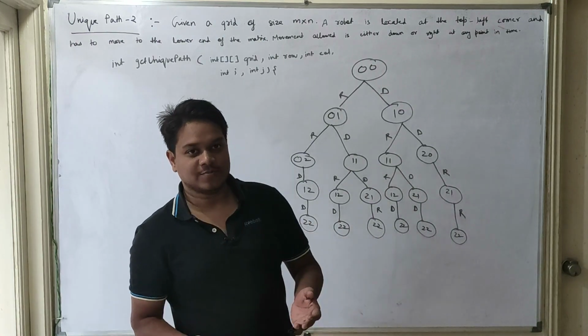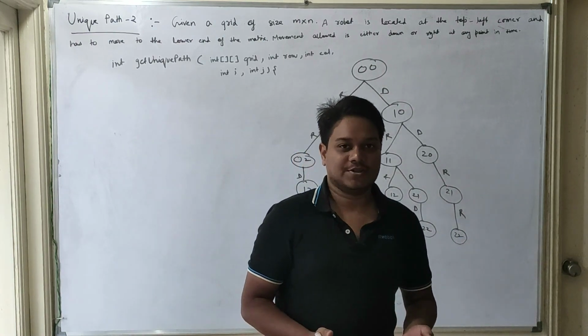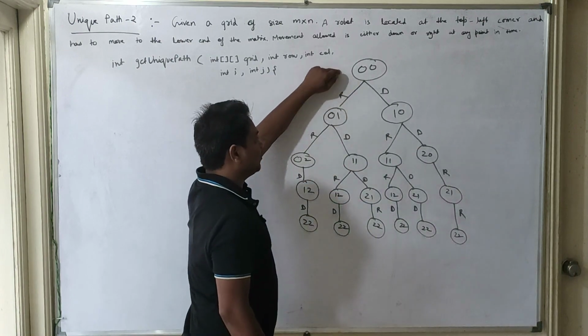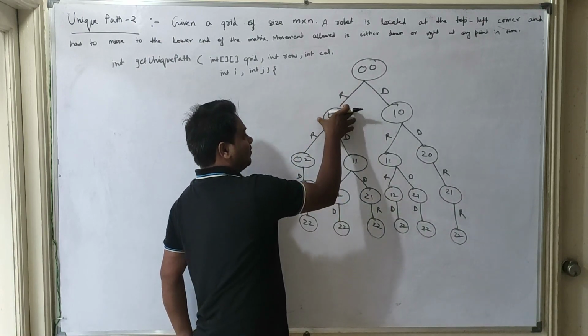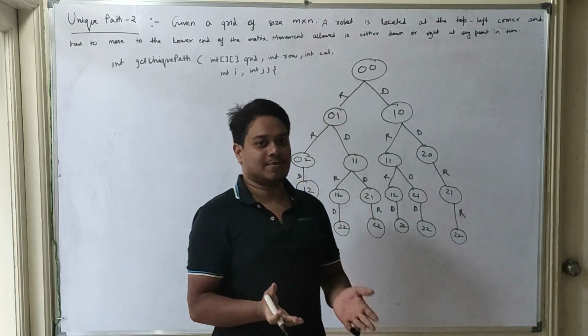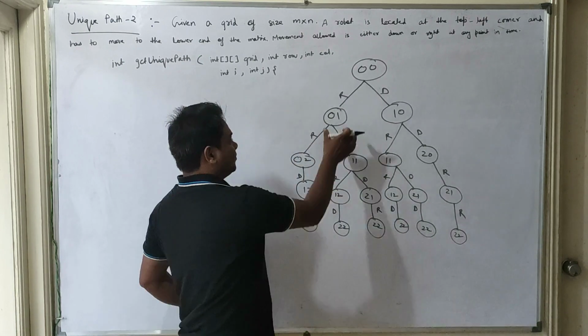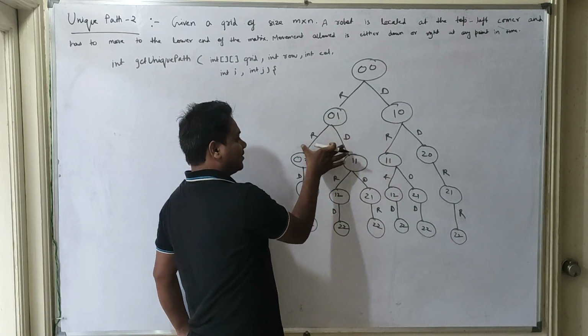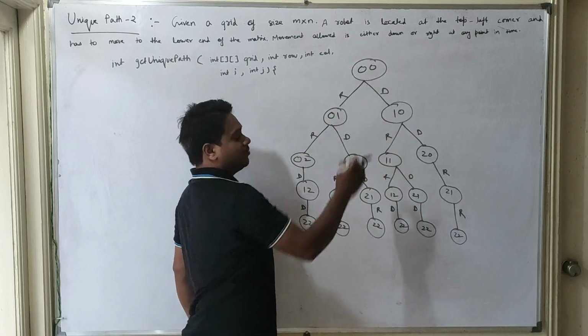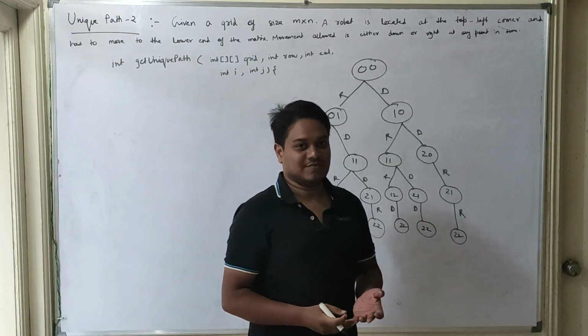Since we can see from the state space tree, this problem is recursive in nature, because we started from 0 0 and now we have broken it down into a self-similar problem which is smaller, which is 0 1. Now again we are applying the same rules that we applied for 0 0. So this problem is recursive in nature.